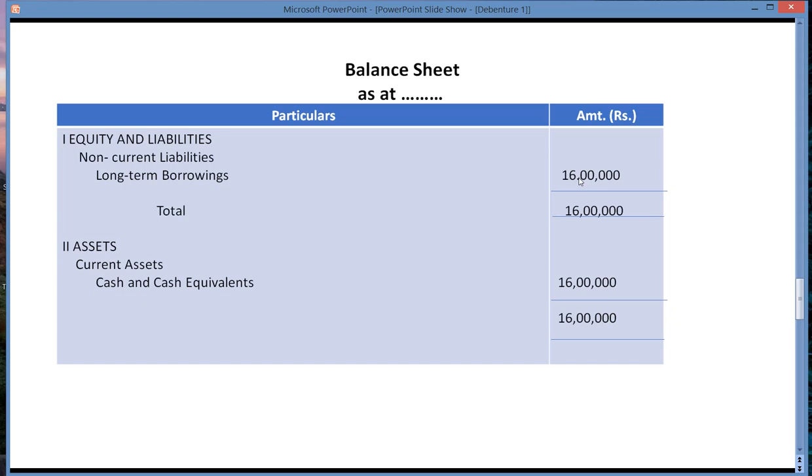By mistake a dot has come instead of a comma, please note it should be 16 lakhs. On the asset side we have received cash, so under cash and cash equivalents we write 16 lakhs. So accordingly it is recorded in your balance sheet. So this is how, children, we record